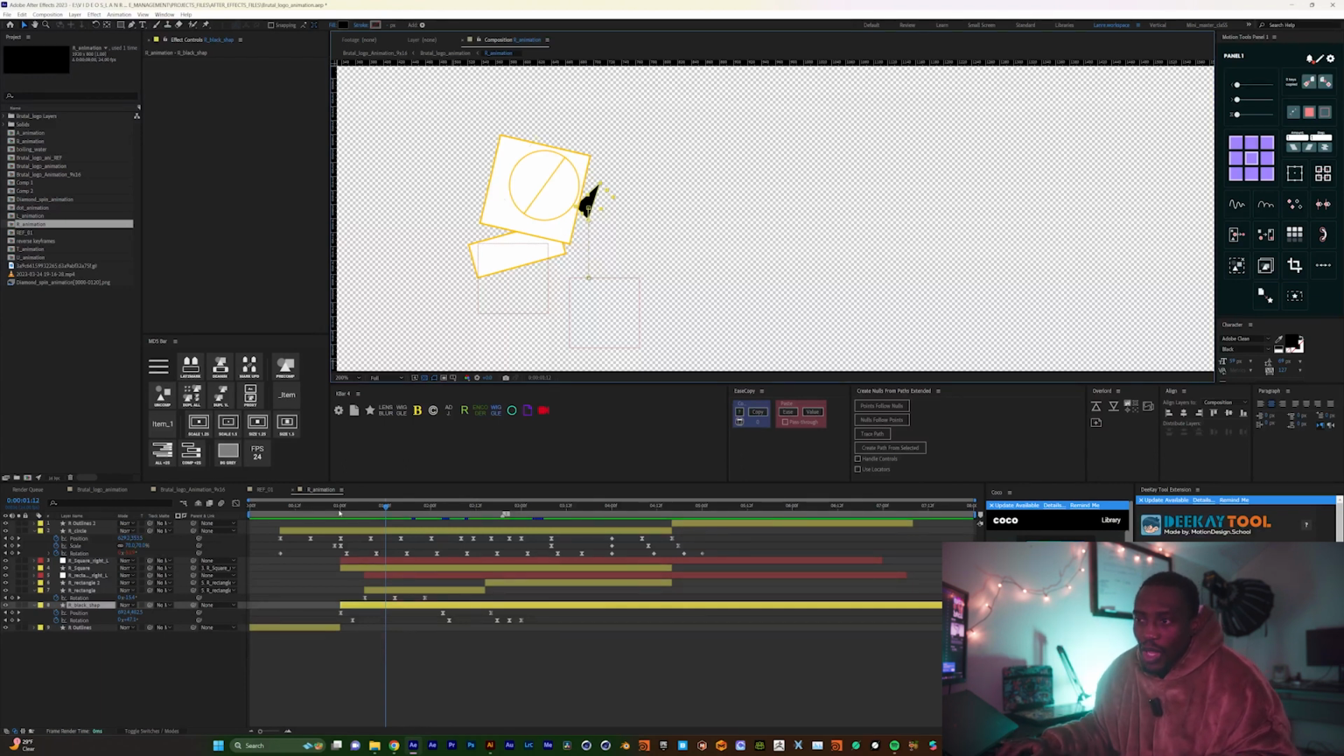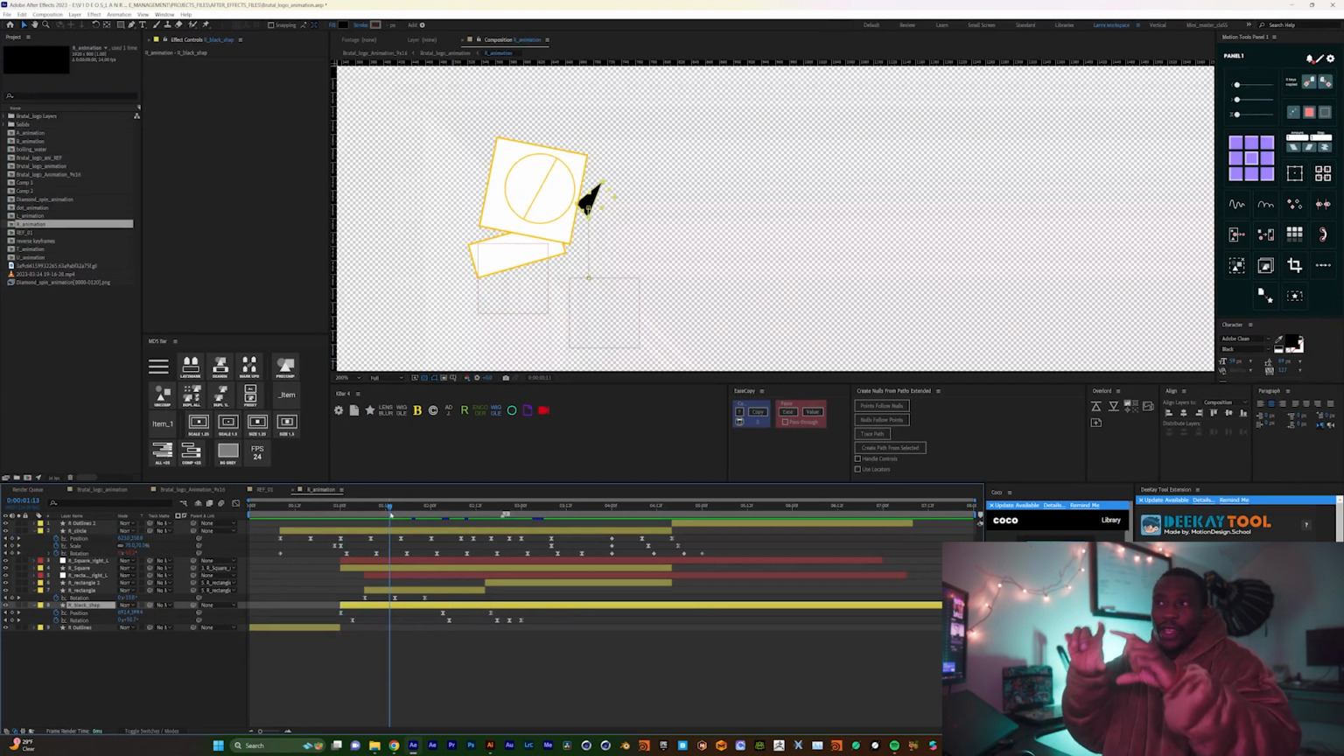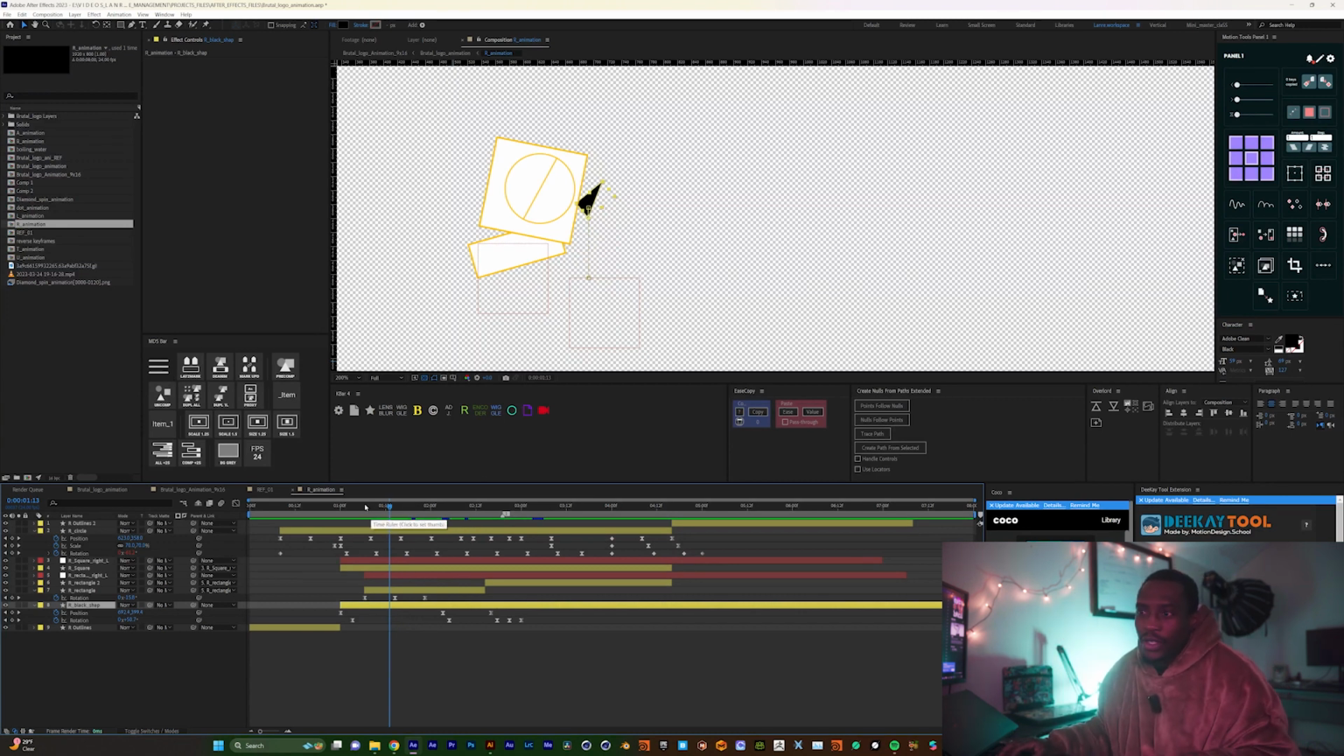So yeah, the circle is still within the square. It's kind of just moving around inside the square there. They're really easy stuff that you can do. And then we introduce this